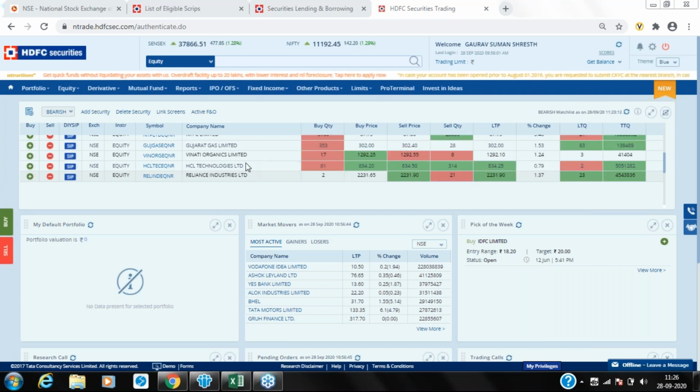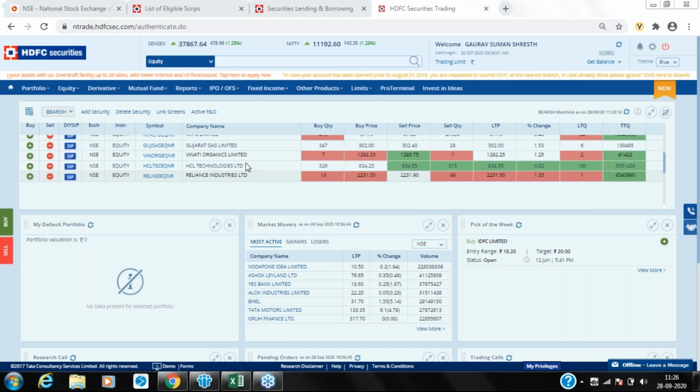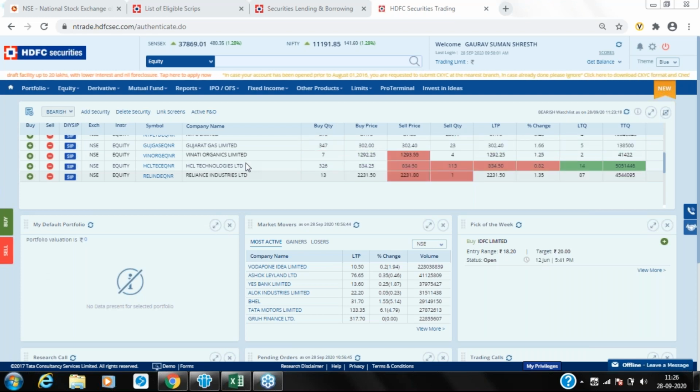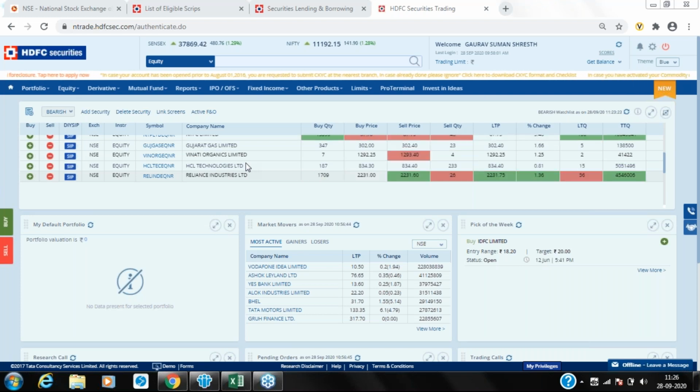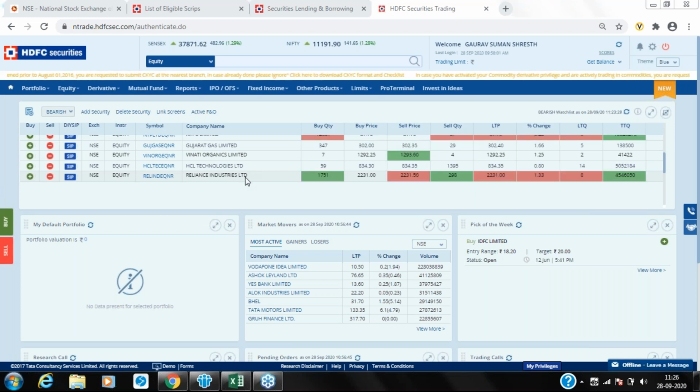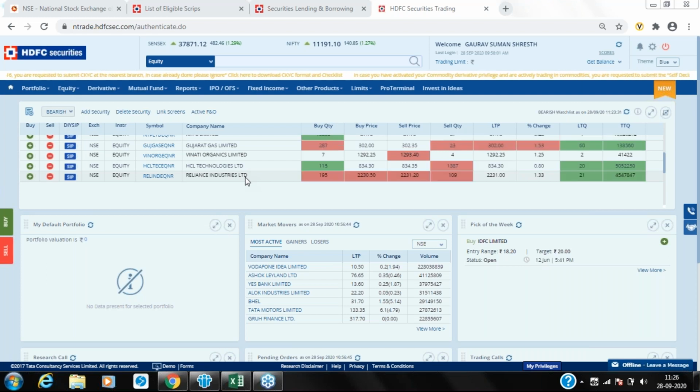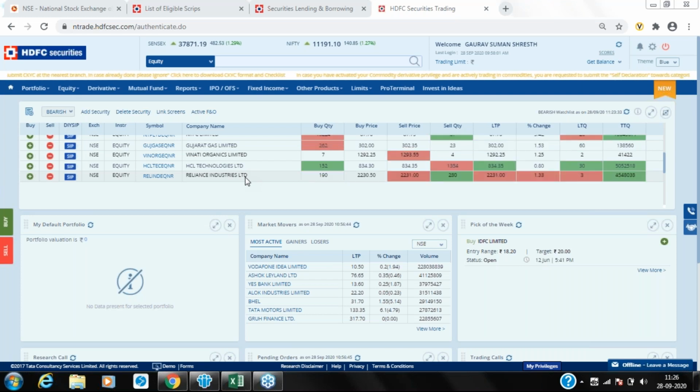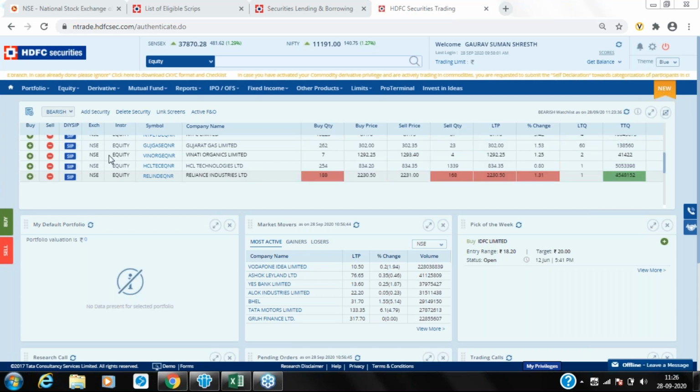Mr. Chetan Radia has a question. How do you get a red and green color for the price in the watch list? Mr. Chetan, it is by default. You can just open your watch list, and in that I think you should also be able to see that. Yashpal Singh Raj has a question. Can we use all the orders on the mobile application? Unfortunately, Yashpal, all these orders are only available on the ITS, not on the mobile application as of now. Going forward, it should be available in the mobile application also. As of now, it's not.